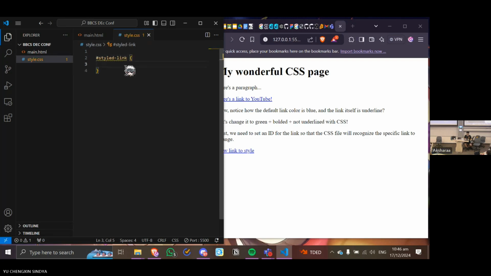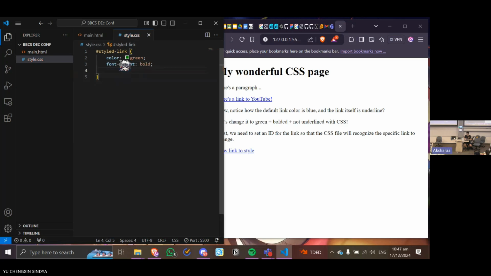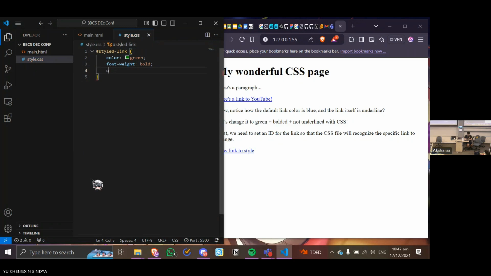And this is going to give you whatever you want to style. So over here, we want the link to be green, bolded, and not underlined. First, we're going to set the color to green. Then we're going to do font weight. Finally, we're going to do